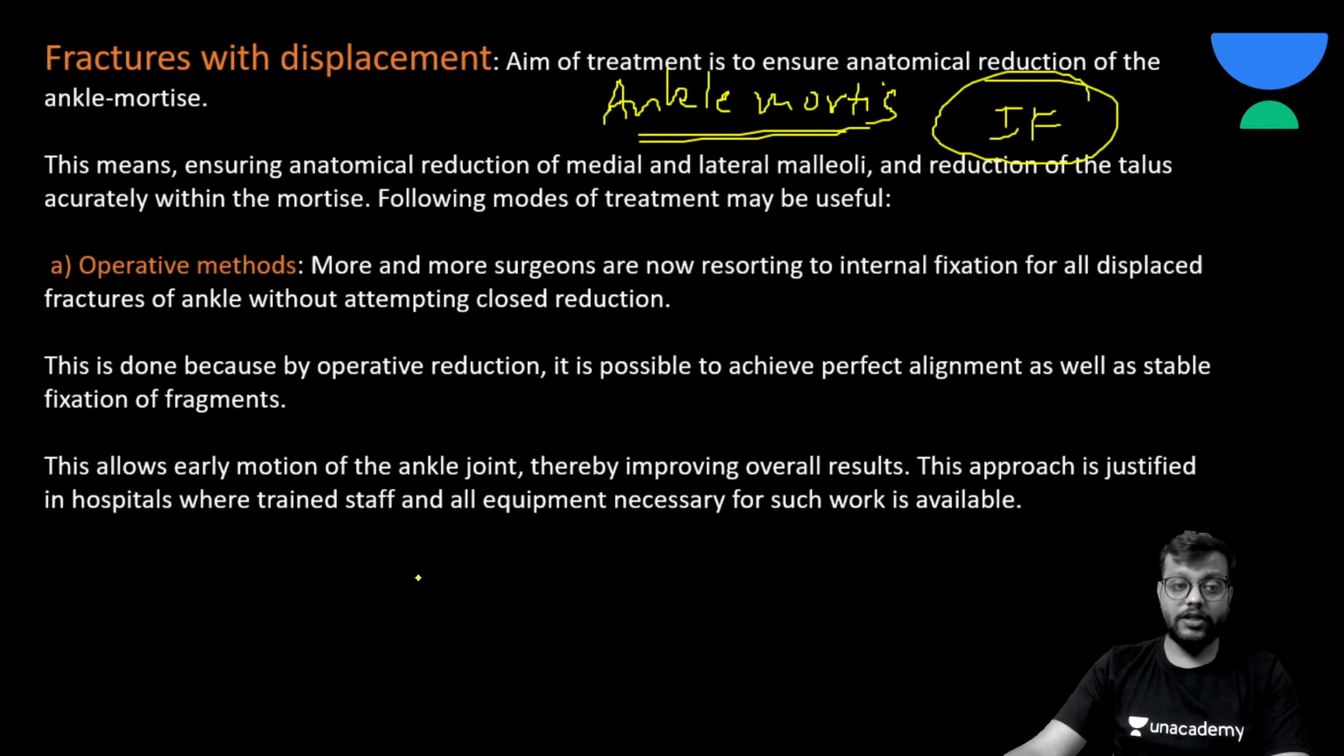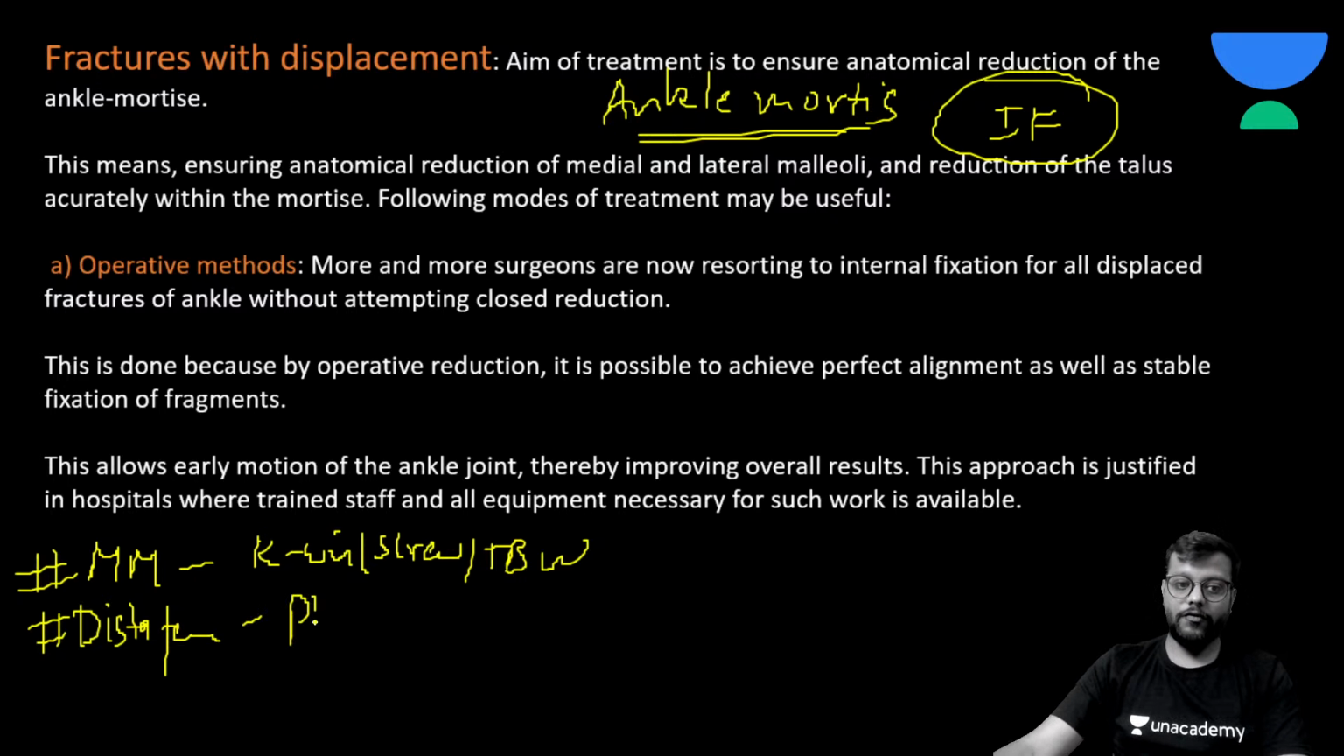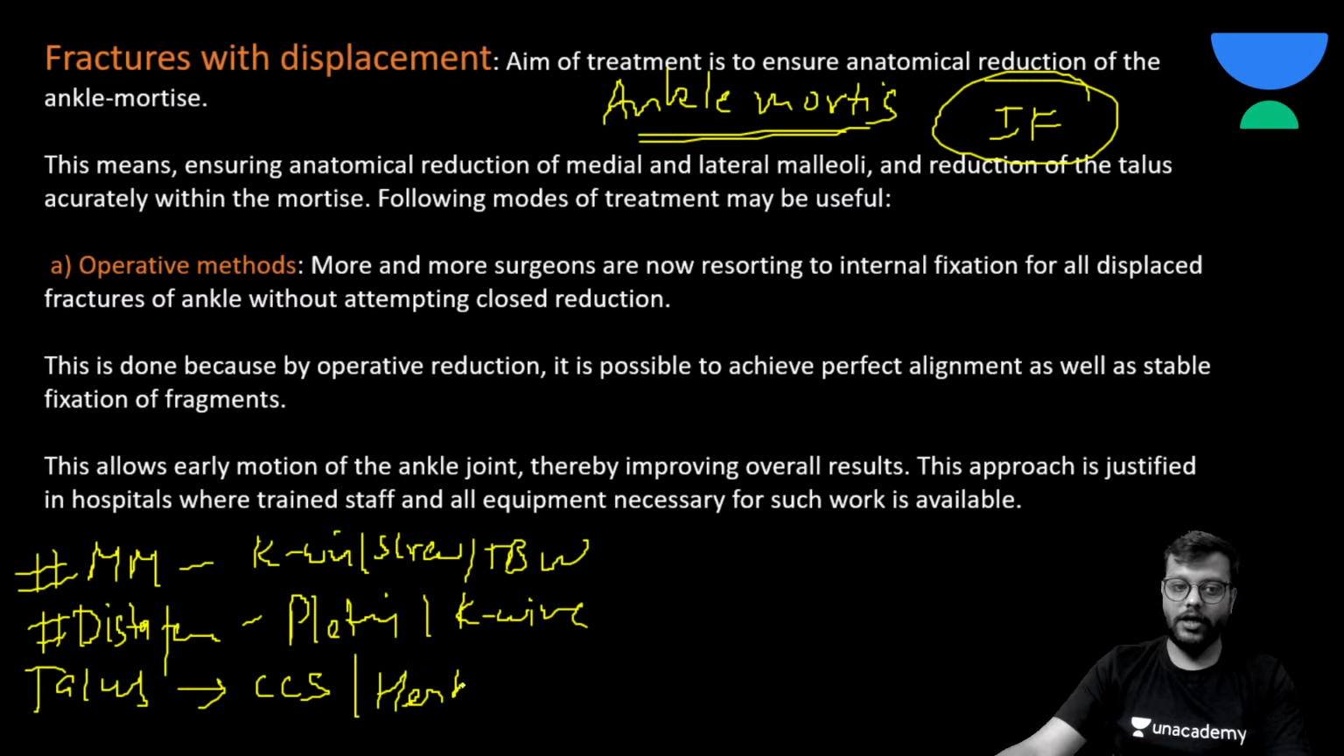So what are the different operative methods we use? For medial malleoli fracture, we can go for K-wire or screw and TBW tension band wiring. For fracture distal fibula, you can go for plating or K-wire. And for talus, you have to first relocate the talus and then you can fix it by the corticocancellous screws or the Herbert screws. Okay, understood? Very easy. Okay, now